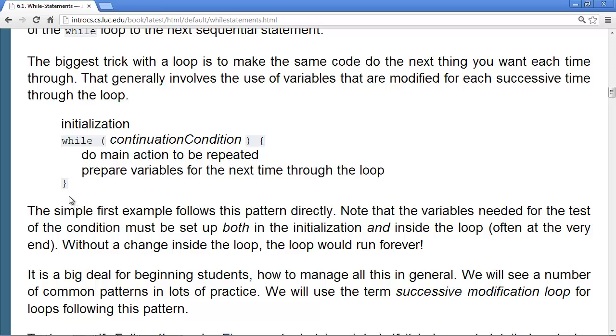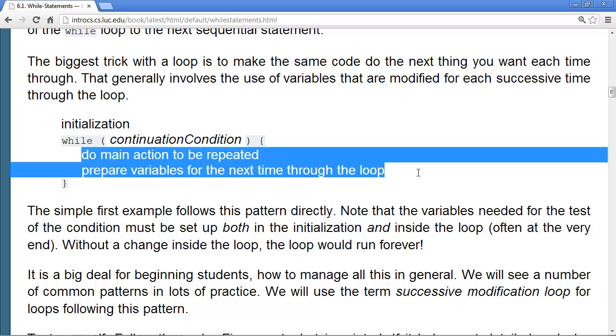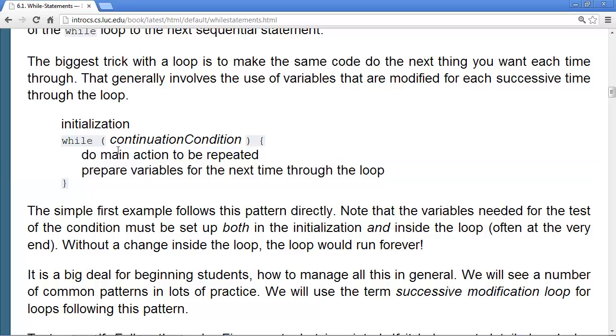The biggest trick with a while loop is to make sure that the same code, there's fixed text inside your while loop, but the idea is to make the same code typically do something different and useful each time through the loop with the same actual text.